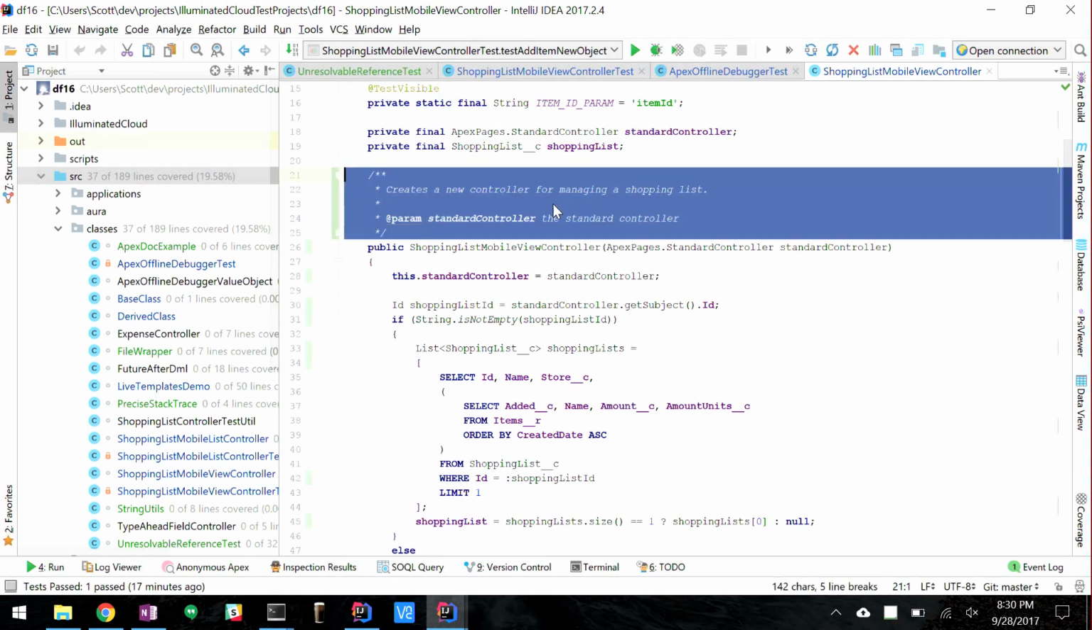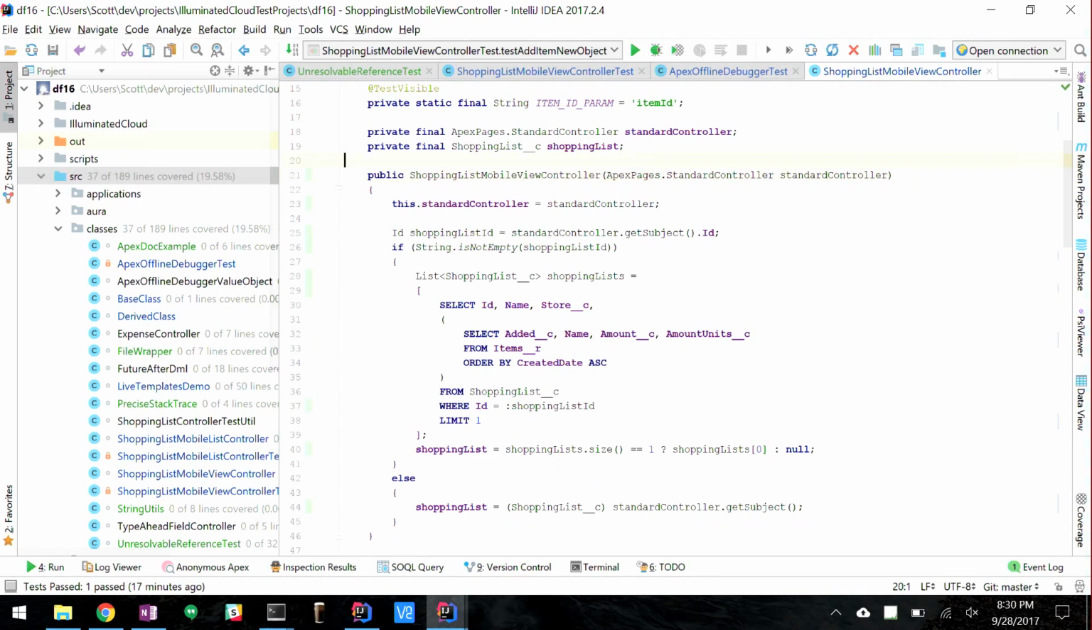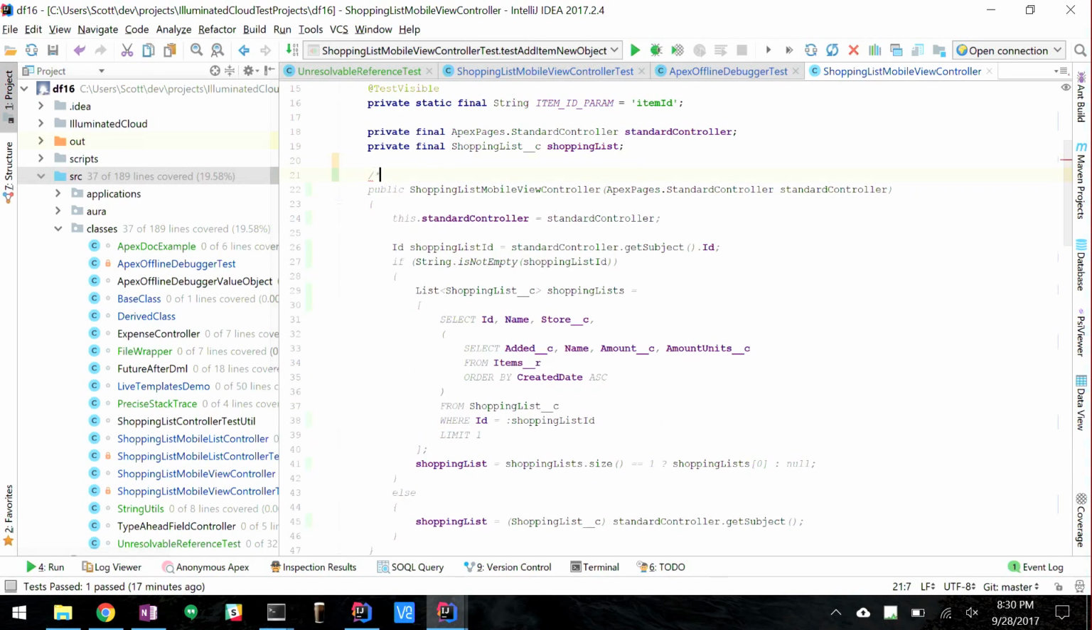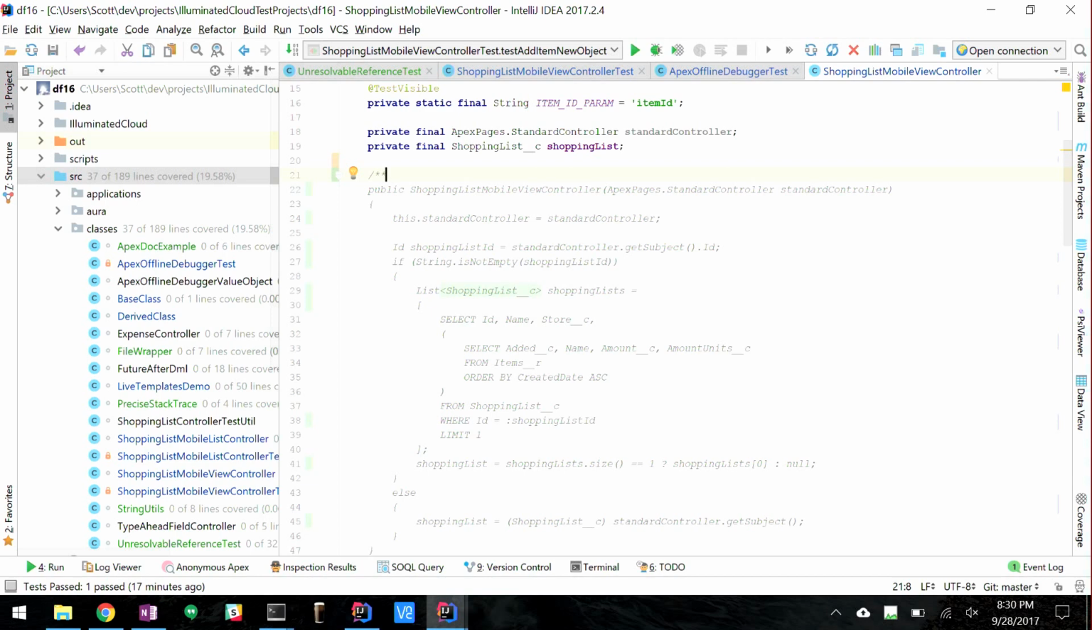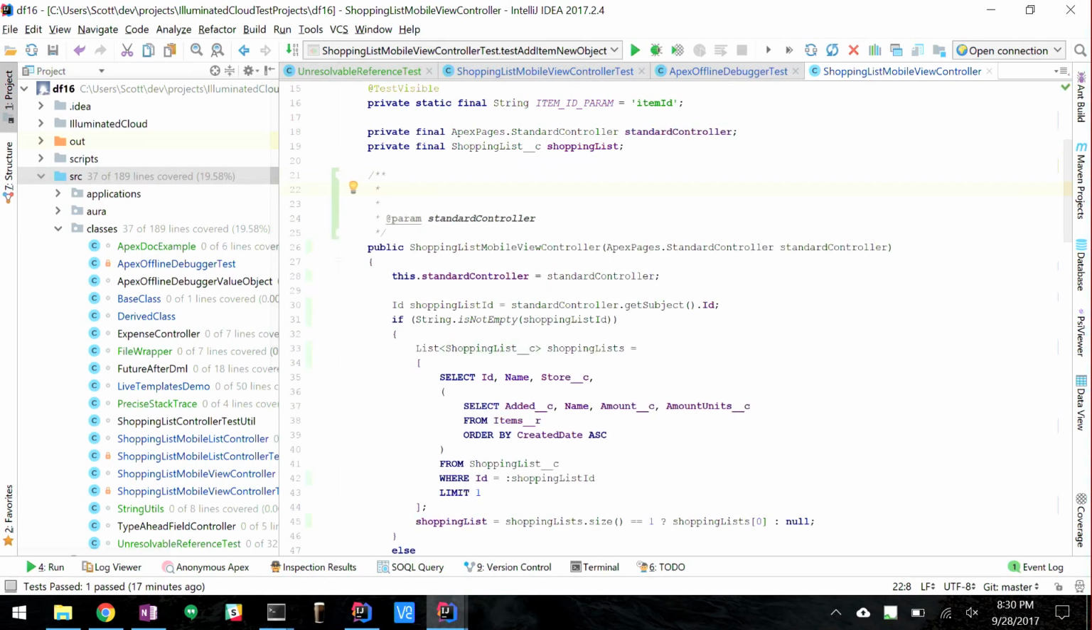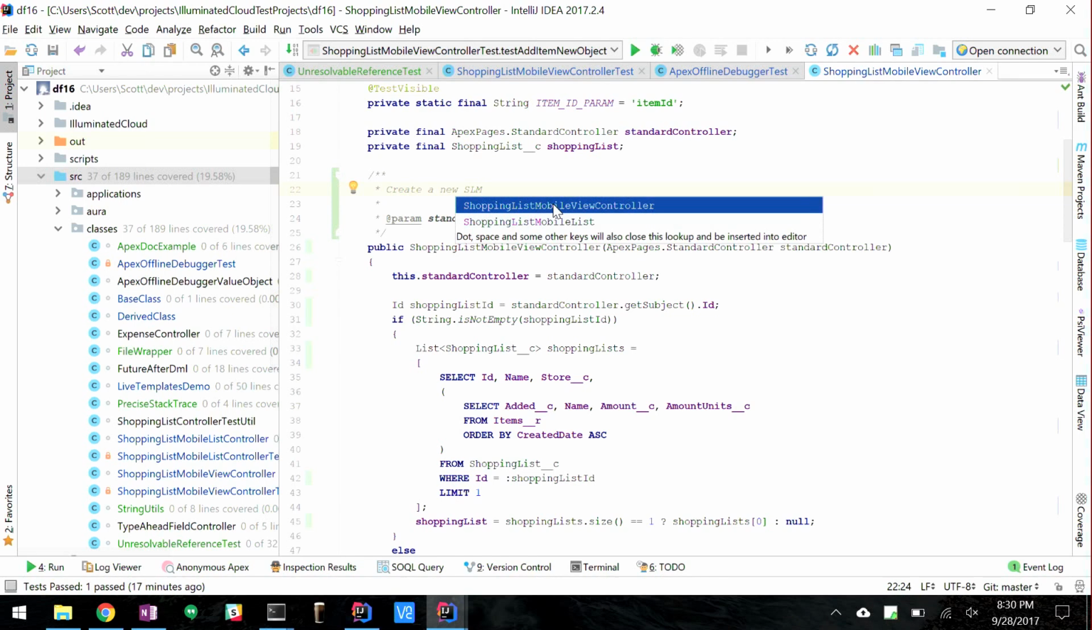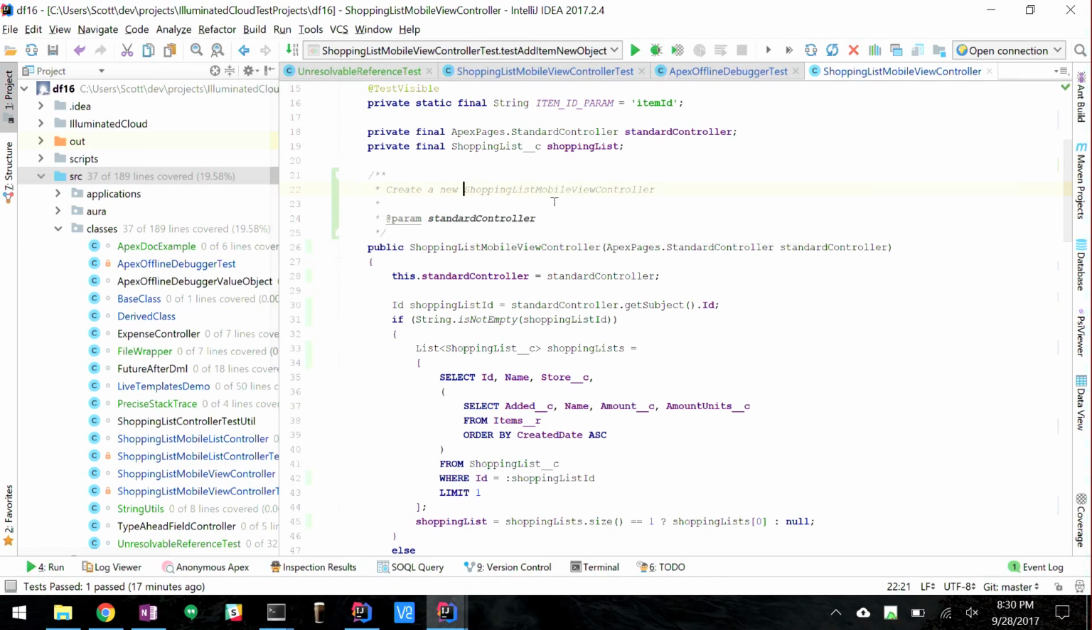And so if you go to this constructor now and just start typing a document comment, which starts with /** versus a normal block comment, which starts with /*, and just hit enter, it'll look at the thing that you're documenting and fill in basically a valid Apex Doc template for you. And at this point, you can say, create a new shopping list mobile view controller and completion works. And if you want, you can also do HTML around it, make it nice and pretty, and go down here and say the